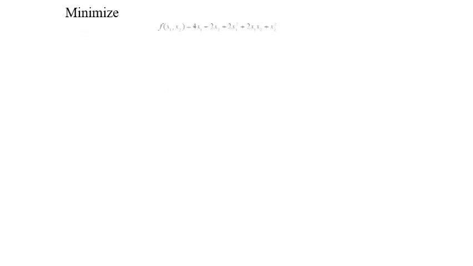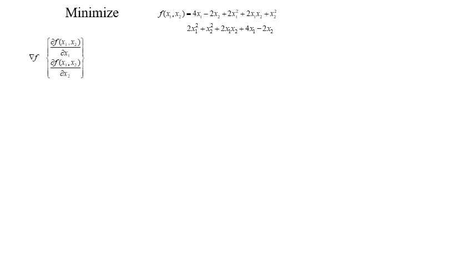First, find the gradient del f, the first order derivative of function f with respect to the first variable x1 and the second variable x2. Arrange all terms in descending order of exponential values. Find del f, which is equal to the first order derivative of f of x with respect to x1 and x2. Assume initial values of x1 and x2 as 0, 0. Solving del f by replacing x1 and x2 with 0, 0 will give